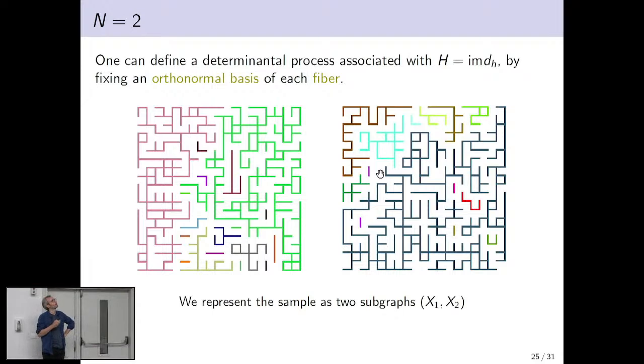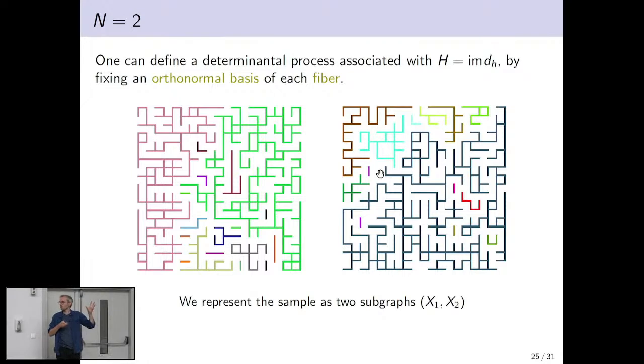The problem, and here I decided to, so you can define this for any n, and there are results for any n, but already at n equals 2 it becomes complicated, so I focus on this. The problem is that here we see something, and okay, I know from the abstract theory that this is a combinatorial geometry. I know that the determinant measure is this, but is the measure uniform? What is the correlation between these things? It turns out it's already very complicated.